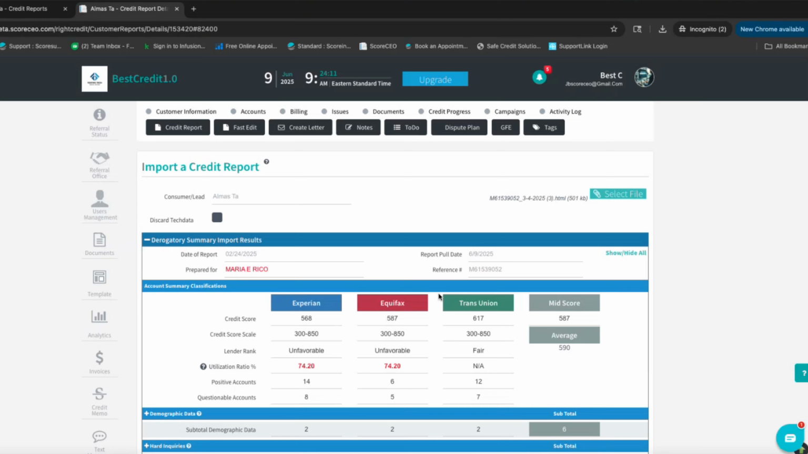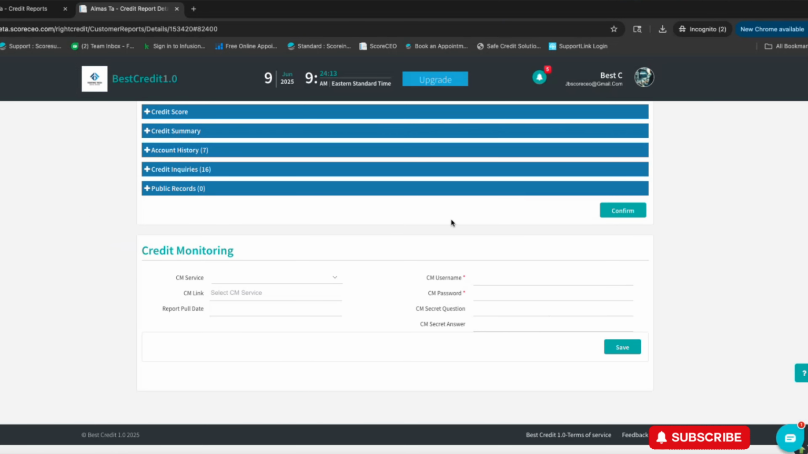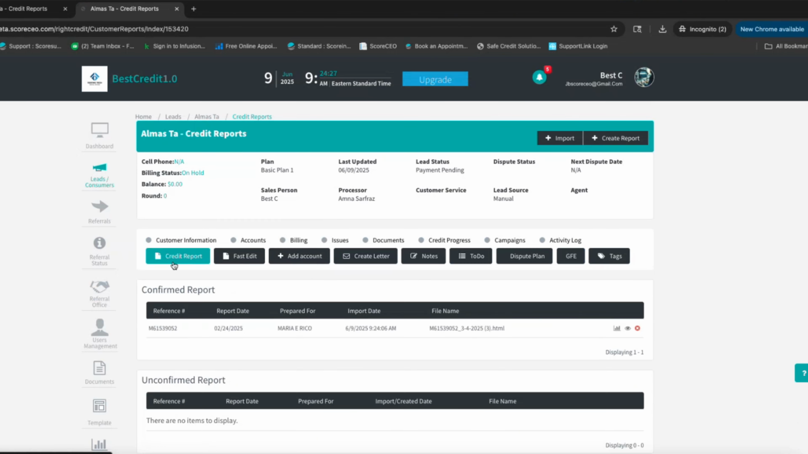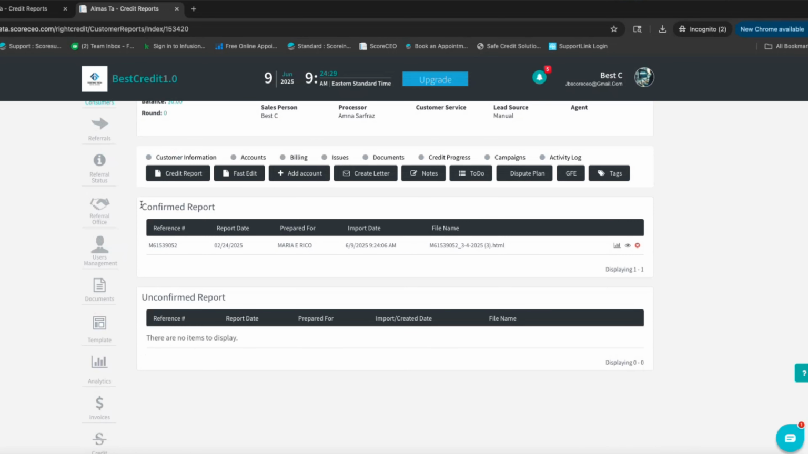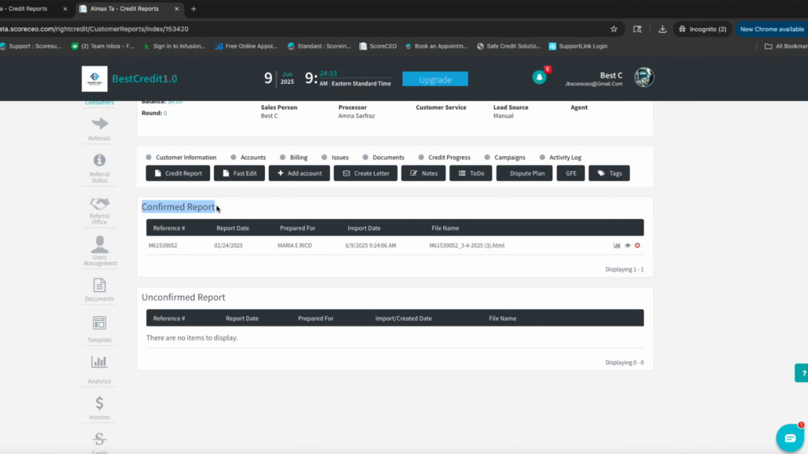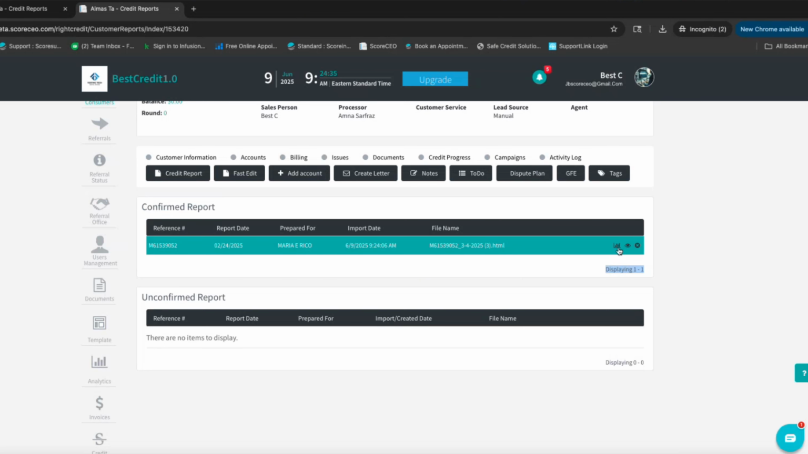Now, once I have imported, I'm going to go all the way to the bottom and click confirm. This is confirming that everything that was on the report, which I wanted to show up inside of the customer's profile, is also showing up in the credit audit report. Now that I have finished importing, I'm going to click on credit reports again, and under our confirmed report, we're going to see that we have our graph here. I'm going to click on this graph, and that's going to take me right to the credit audit